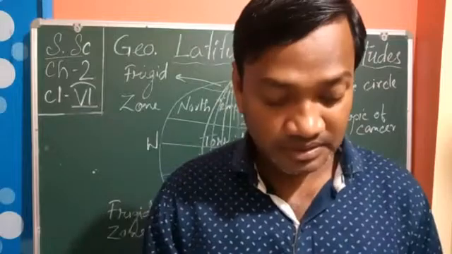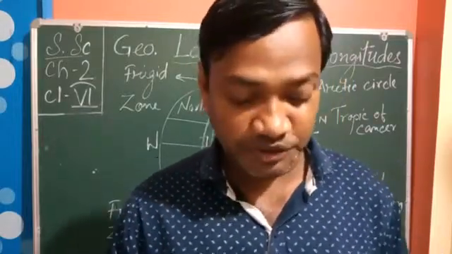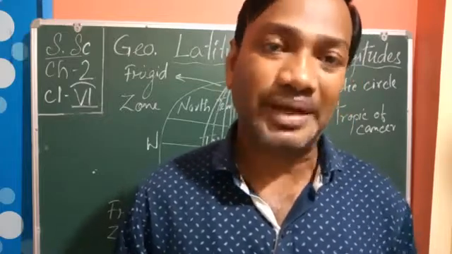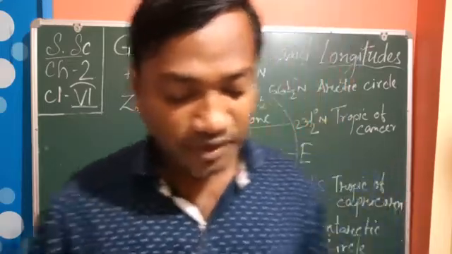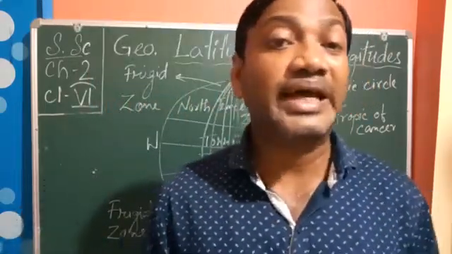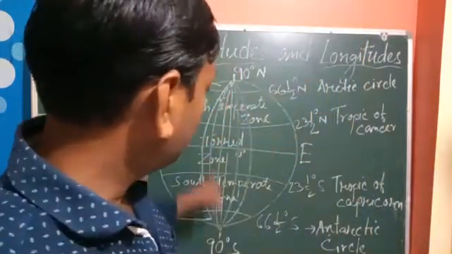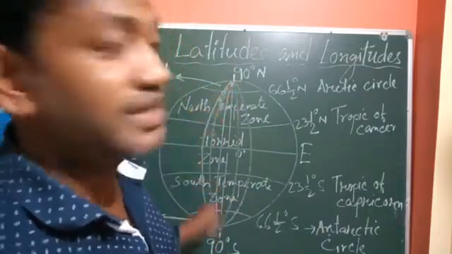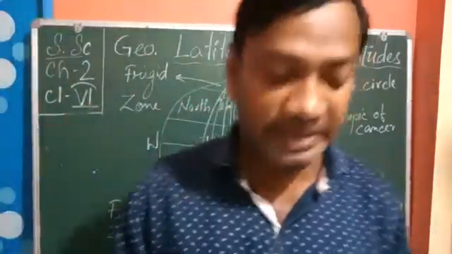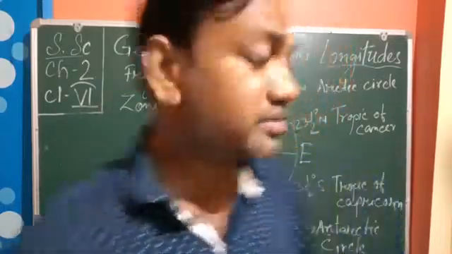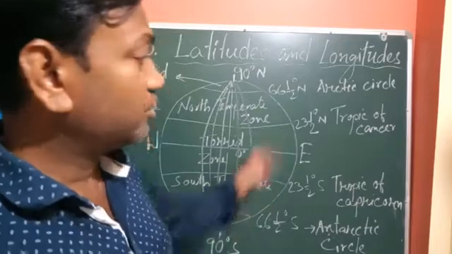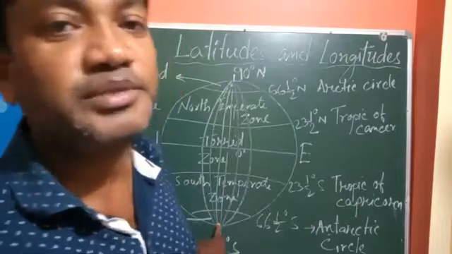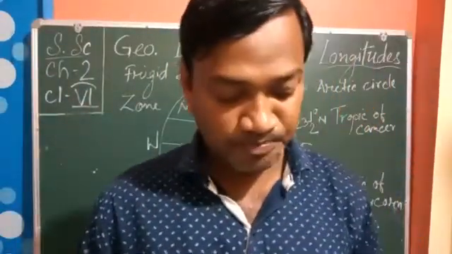Now these meridians, or the lines of longitude, have certain characteristics like the parallels. The length of all the meridians is the same, as they are semicircles. There is no difference in the length, as they all are semicircles, not complete circles. They are not going back. From here to here it is finished. That means it is a semicircle, a half circle, you can say.